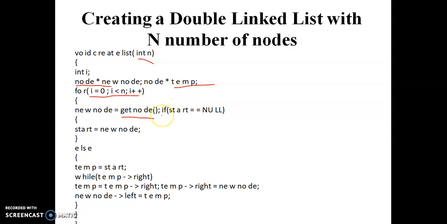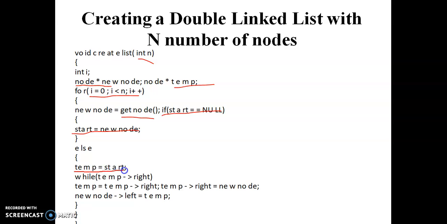So for creating a linked list, first we check whether the linked list is null or it has any nodes. If start is equal to null, that is nothing but up to now the linked list is not created, and we are going to create it now. So if start equals null, the linked list is empty, then we attach our new node as the start node. Else, our start node pointer is assigned to the temp variable.